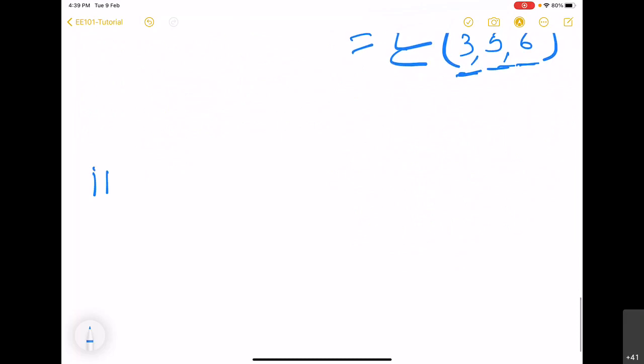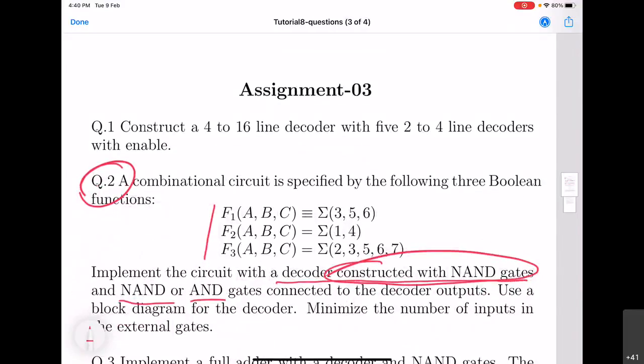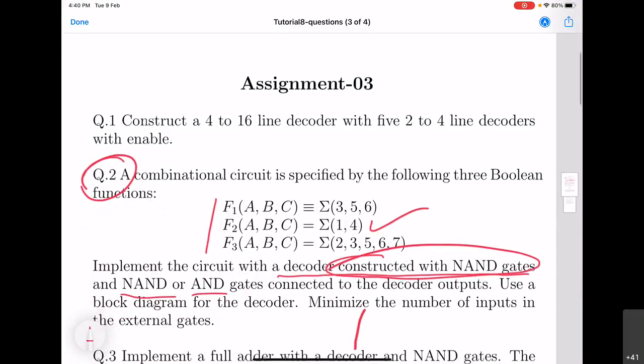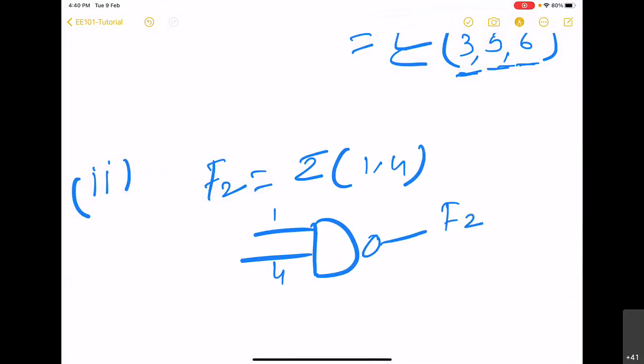Now for function 2, F2 is summation 1, 4. That means you simply take one NAND gate, give it the 1 and 4 outputs from the decoder, and what you will get here is F2.